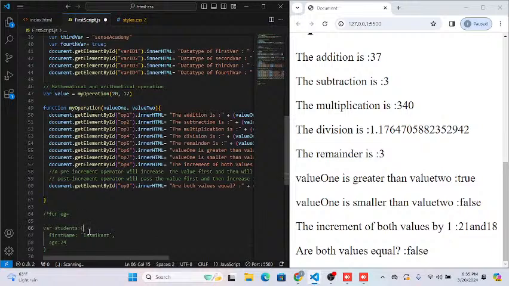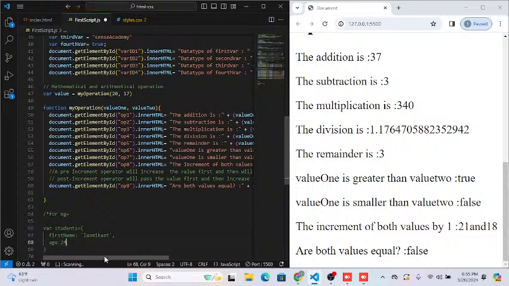We use curly brackets, and whatever details we have to write about the student, we can write inside those curly brackets only. As I said, objects are also variables, but we can store much more information inside an object. If you want to write the father's name of Lakshmikant, you can write that as well using a key value pair. This is your key and this is your value. First name is your key and Lakshmikant is your value. Age is your key and this number is your value. So we are writing the object in key value pairs, and each object has unique properties assigned to it